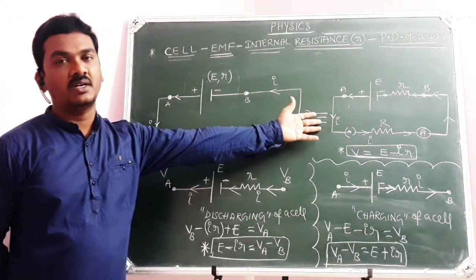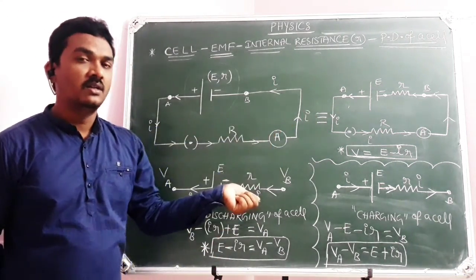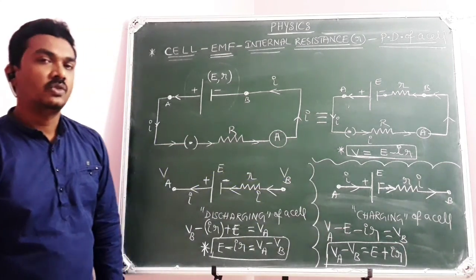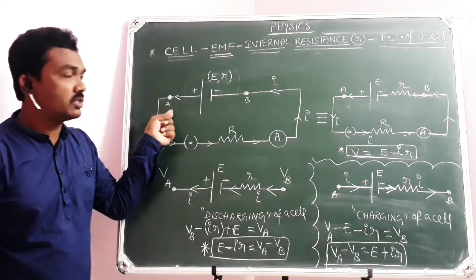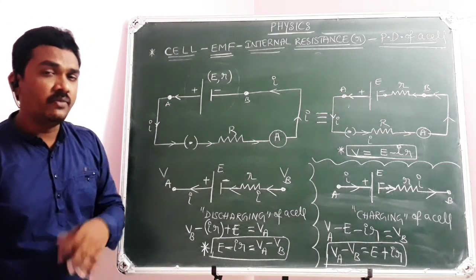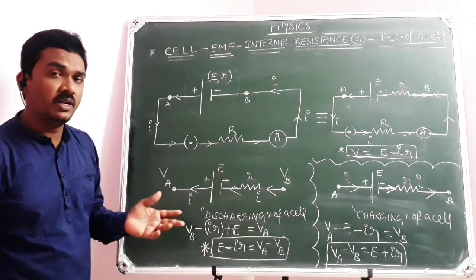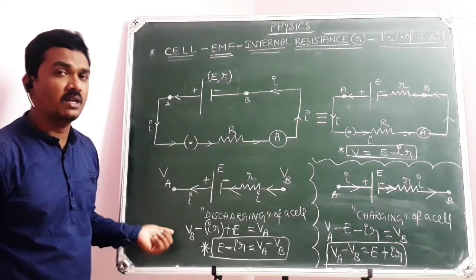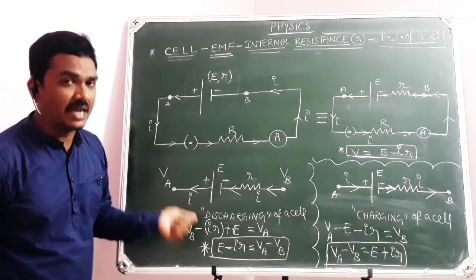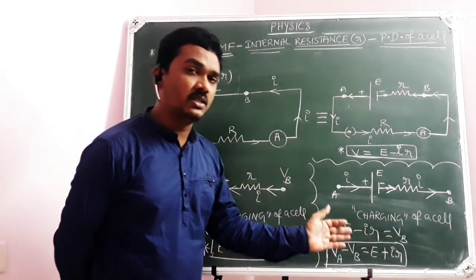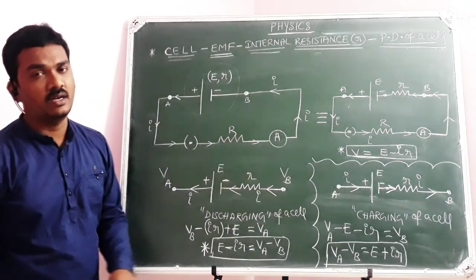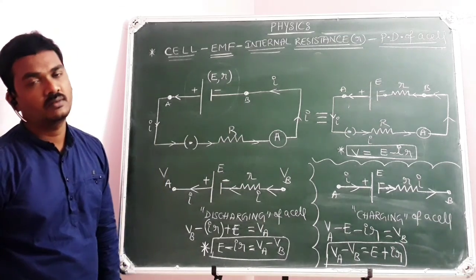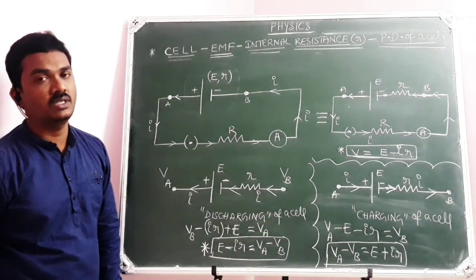Usually we come across this type of electric circuits where current is drawn from the cell, so that is called discharging. But in the case of charging, that is different. So this is how the potential difference across the terminals of the cell will be different from the EMF of the cell. So in the case of discharging, current drawn from the cell, V equal to E minus IR. But in the case of charging of a cell, V equal to E plus IR, where I is the current in the electric circuit passing through the cell, and R is its internal resistance. So this is an interesting concept that you need to learn.